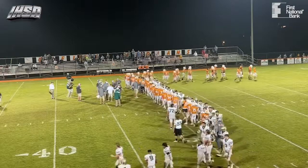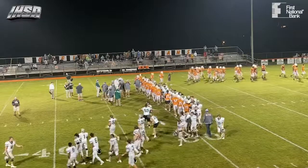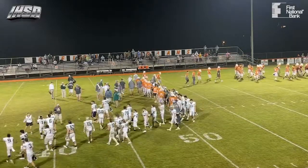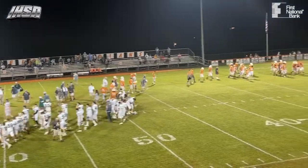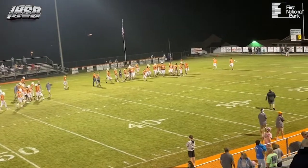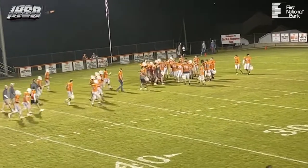And the Indians fall for the first time in region play here in this 2021 season. Oneida now falls to 5-2. Rockwood pulls to 3-3, but the Tigers take a decided advantage in the standings race for Region 2A. We'll be back to sort it all out. So I'll tell you once again the final. It is the Rockwood Tigers 24 and the Oneida